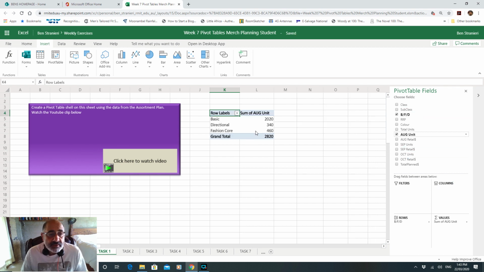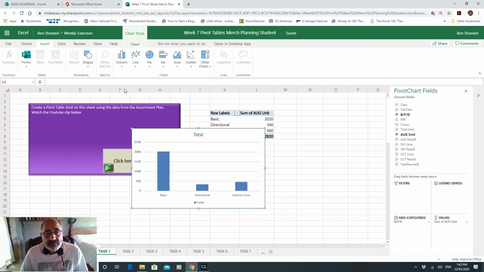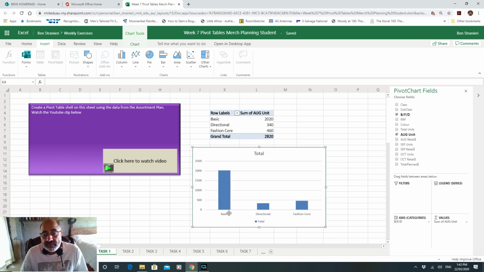Now while I'm here, if I go to my chart, I'm going to select a column chart, press on that, and automatically it gives me the information plus all the labels there. So as you can see, it's a very quick way to generate charts, and we can drop other information in there as well. So if we go to task 2,